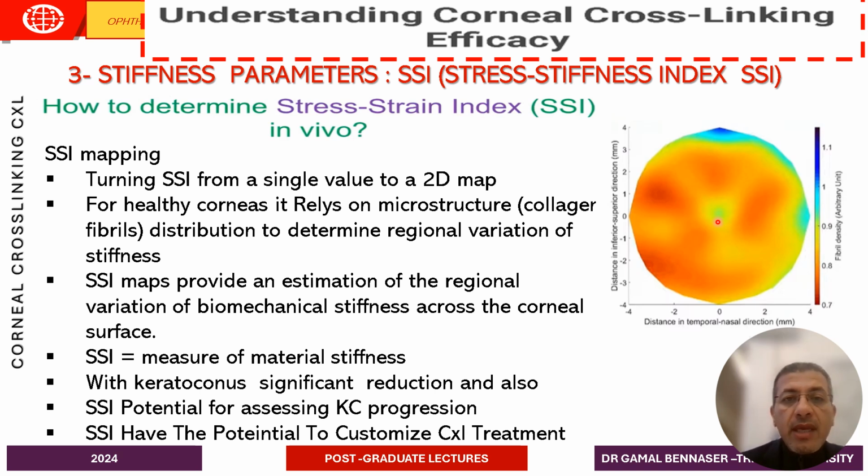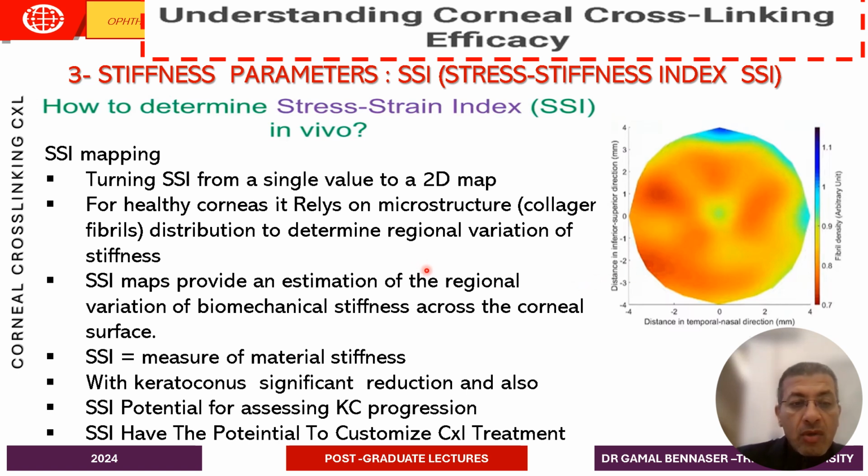So by this discovery, it was easy for doctors to detect keratoconus early, and also to plan a strategy to arrest the progression of the disease. This SSI, they plot this map from a single value into a two-dimensional map, and this map provides an estimation of the regional variation in the biomechanical stiffness of the cornea, so we can determine the stiffness of each part of the cornea. And as I said, SSI is a measure of the material stiffness, which was deficient previously, and doctors were not able to determine this material stiffness. Now it is easy to measure this